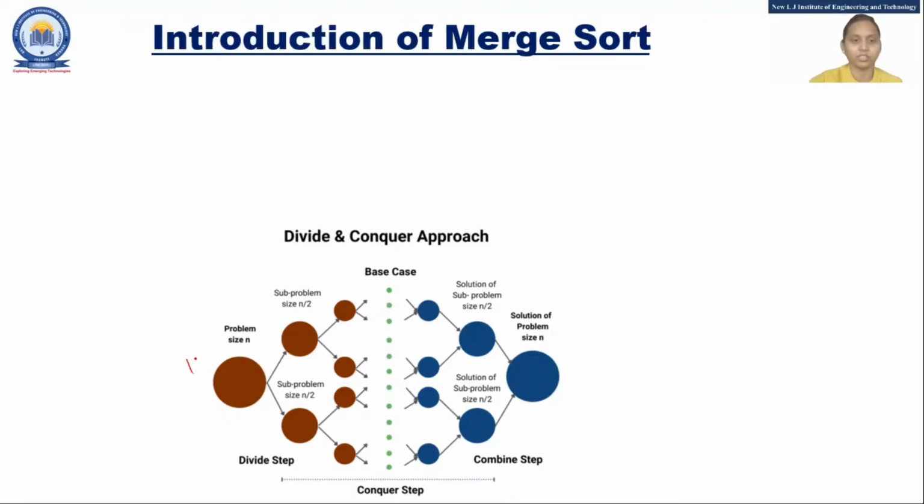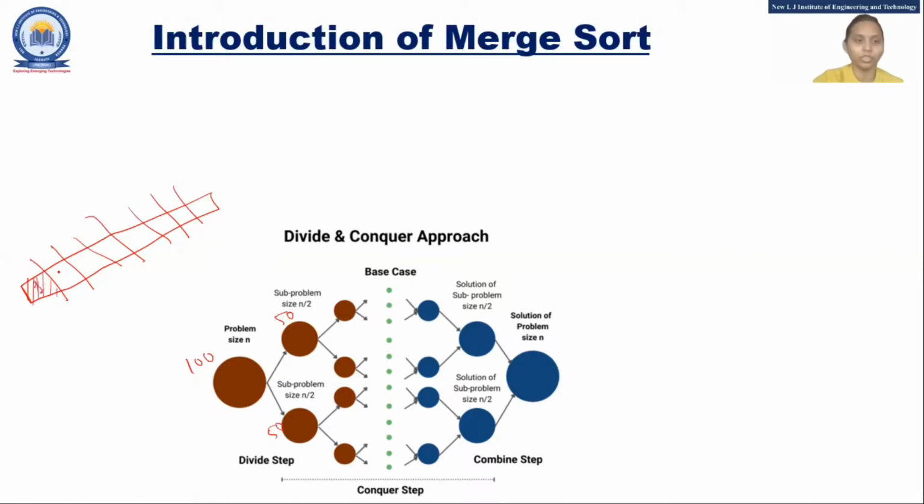Consider the case that you are given a list of size 100. That list is divided in half, and then again each list is divided in half, so in total there are 4 parts. Again divide them, and again divide them. This way, division after division, you come up with individual numbers.